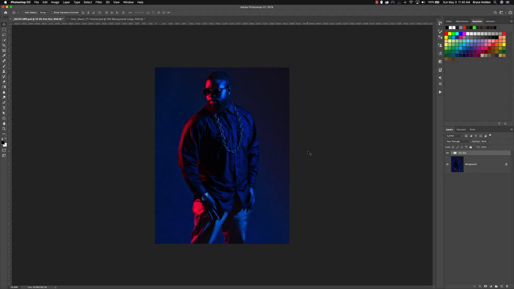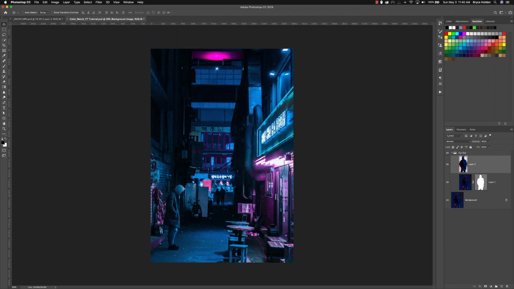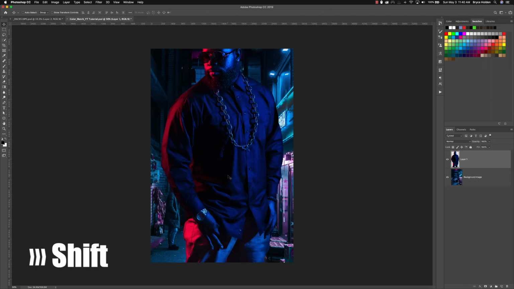I am going to assume that you already have your image cut out and ready to blend, so we're going to start from there. This is an image of myself from a while back that my buddy Kenny took, and I want to give it a new background, so let's get this moved over to our background canvas. I'm just going to come over here, grab this, move it over. Before I let go, I'm going to hold down Shift. That's going to put it down in the middle.